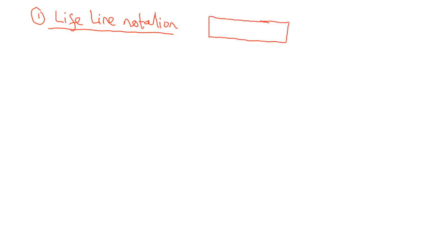First, make sure that you understand this lifeline notation.